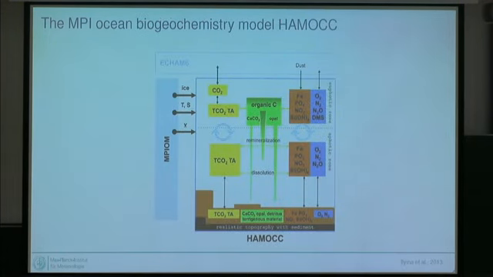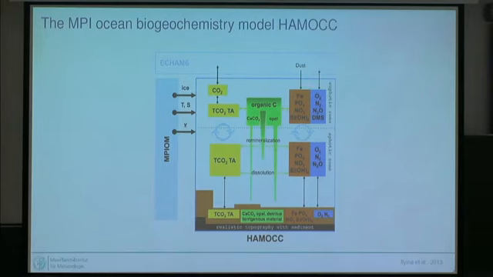In our biogeochemistry model component, I just took this nice figure. We have all sorts of chemical stuff in the ocean, carbon dioxide, the alkalinity of the ocean, nutrients, and we try to figure out how these nutrients and the light and the oxygen interact with the biology in the model to form plankton, how this plankton then sinks down, how nutrients then become deposited in the sediment, how they come out of the sediment again, how the carbon is exchanged with the atmosphere depending on the equilibrium pressure of carbon, depending on the temperature of the water and the salinity, for example.